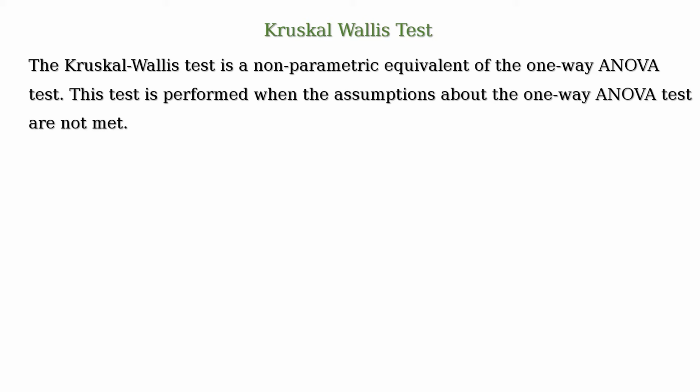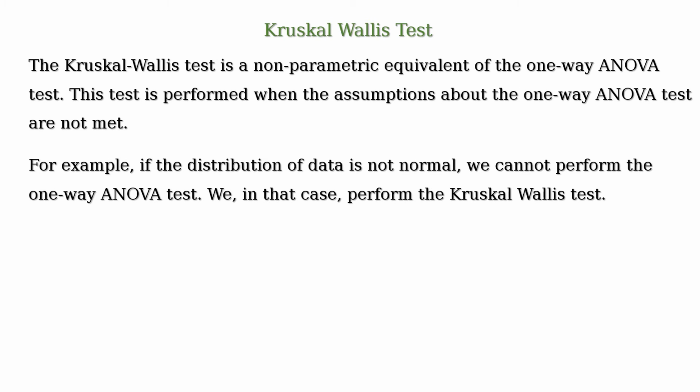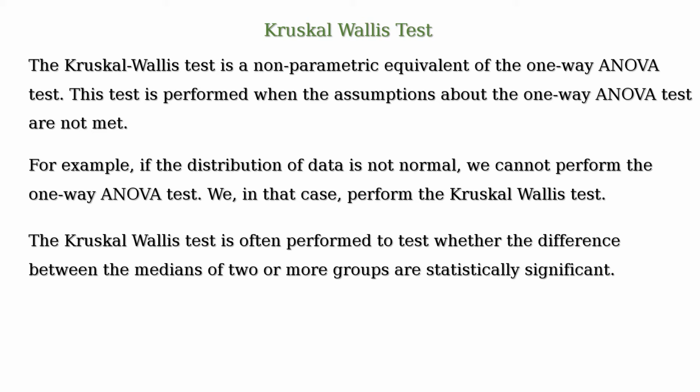This test is performed when the assumptions about the one-way ANOVA test are not met. For example, if the distribution of data is not normal, we cannot perform the one-way ANOVA test. We, in that case, perform the Kruskal-Wallis test. The Kruskal-Wallis test is often performed to test whether the difference between the medians of two or more groups are